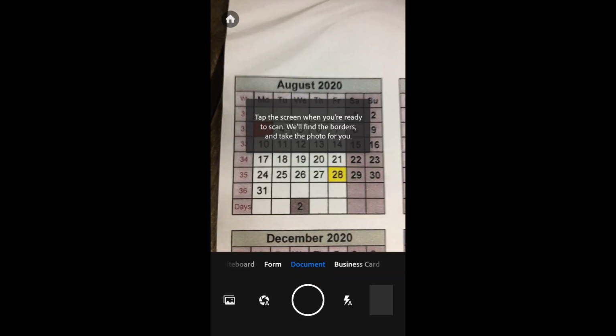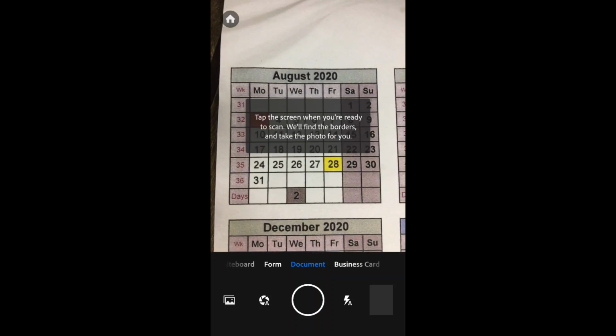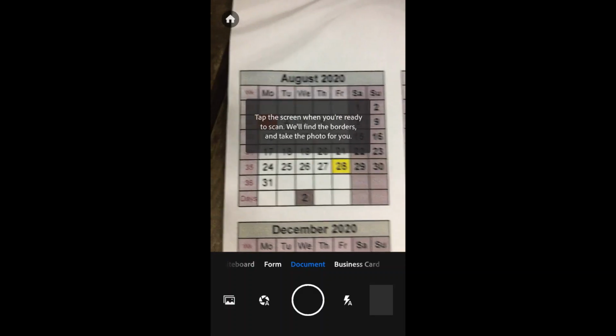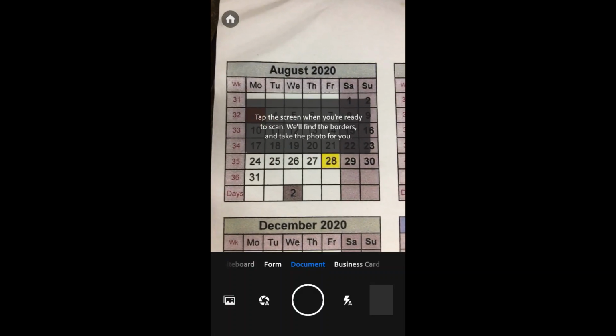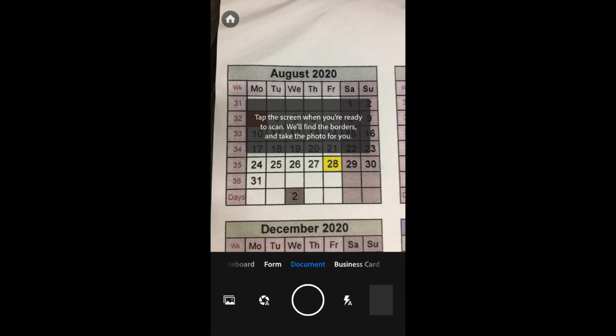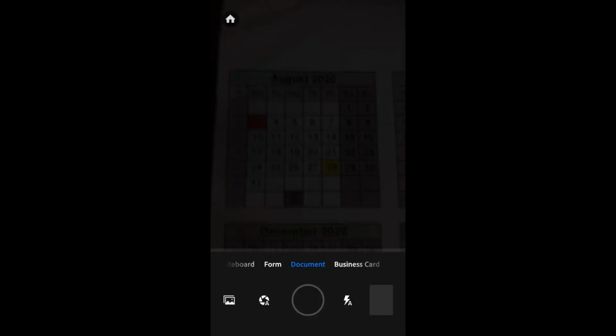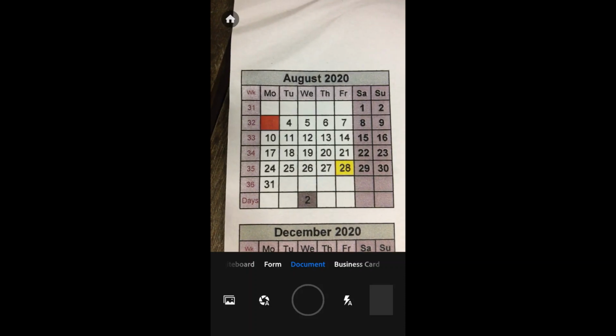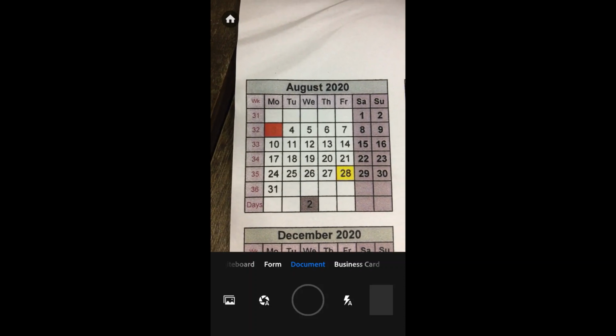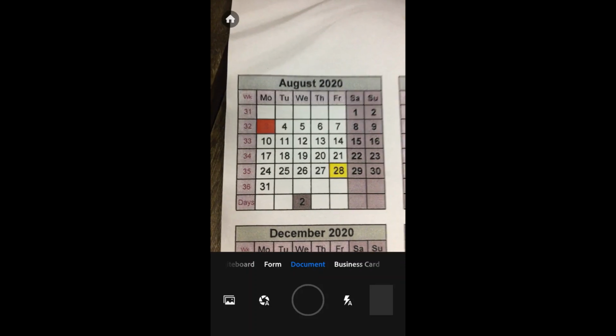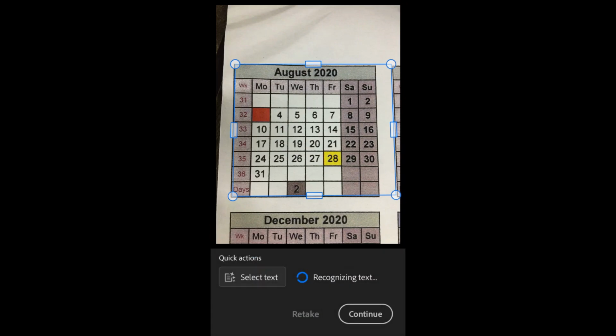So now when I open Adobe Scan, it allows access to the camera to take a picture, and I'm just going to take a picture here by pressing the center circle. And I have it set up for document, and it just recognizes the text. Now you can see that there's a crop up here that we can change things to. I'm just dragging the corners in just to change it, and I'm going to press continue,